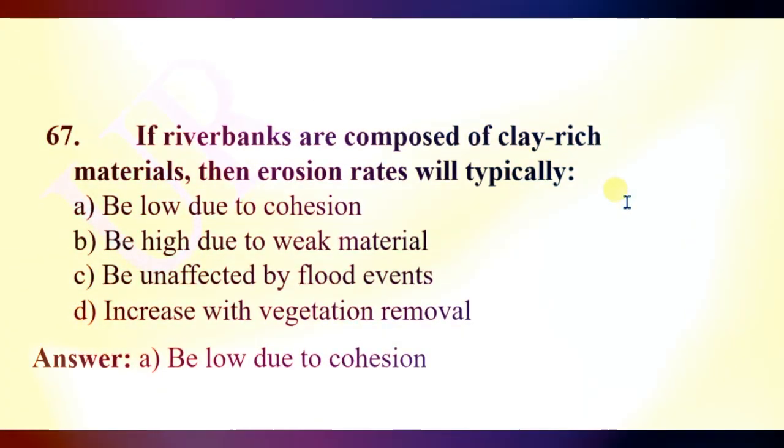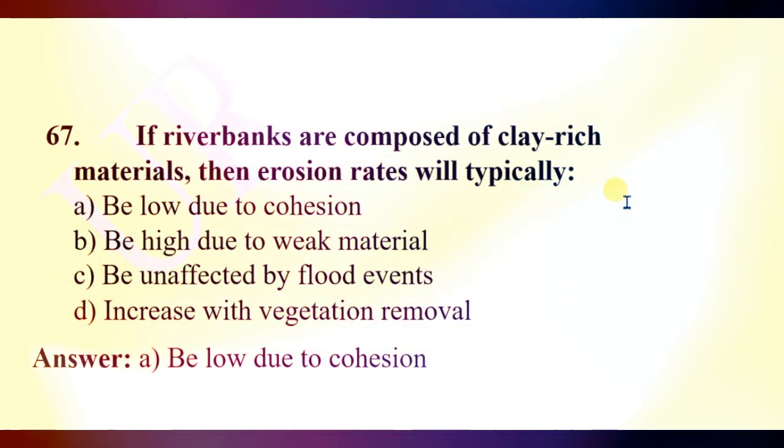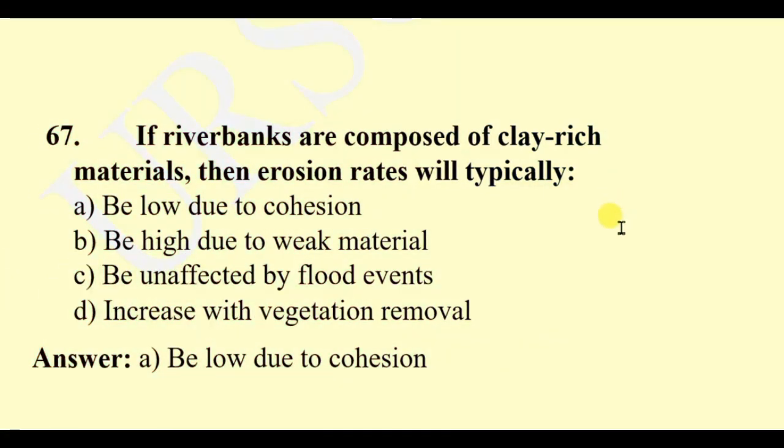Question 67. If river banks are composed of clay-rich materials, then erosion rates will typically be low due to cohesion, be high due to weak material, be unaffected by flood events, or increase with vegetation removal. Here the right answer will be low due to cohesion. Cohesion of what? Cohesion of clay material, because clay materials are sticky, and clay particles are joined with each other very strongly. So the